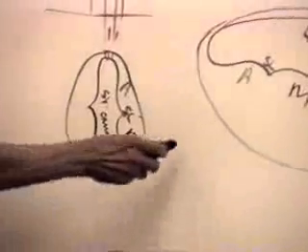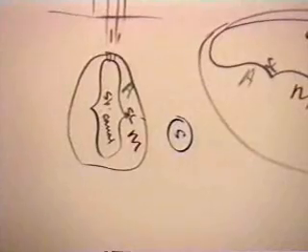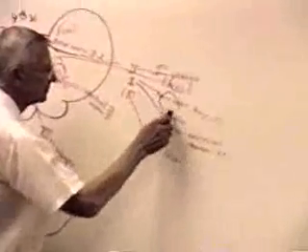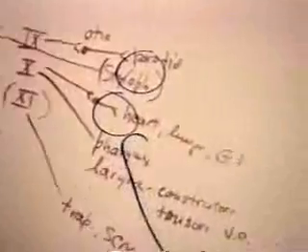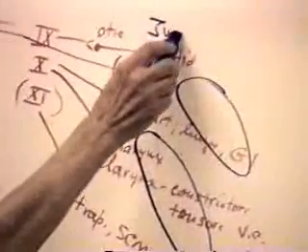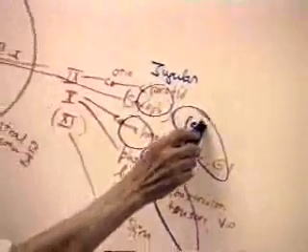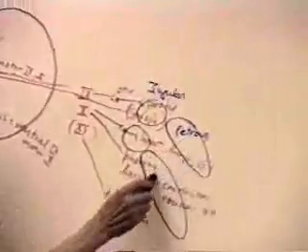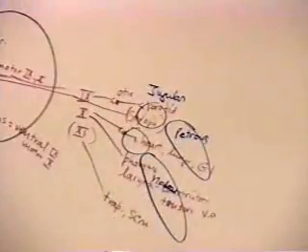So the sensory plate's over in here on the spinal segments. And so it's going to be out here, as jugular and nodose and petrous ganglia,